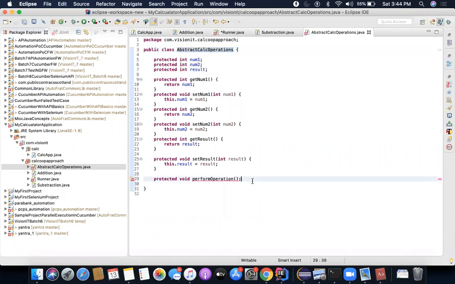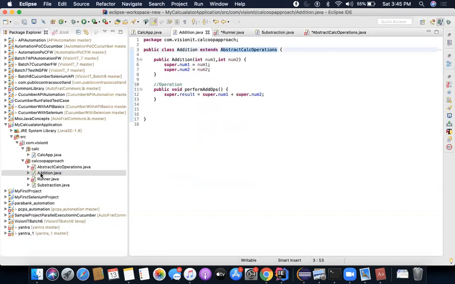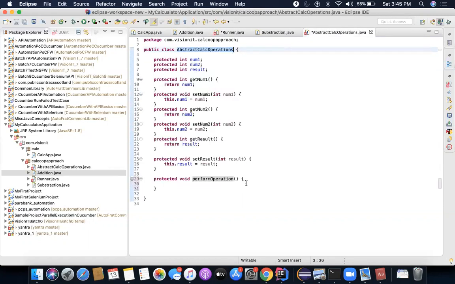Now the problem is, if I write the definition of it, this is the declaration, and what we write inside is actually the definition of the method. So I cannot really write what kind of operation, because it could be addition, it could be subtraction. It really depends on the subclasses to define it, right? An abstract method called perform operation is not supposed to mention what kind of operation. All I'm saying is that there has to be an operation inside all the subclasses. Now it's up to the subclasses to decide what kind of operations they want to perform. But the problem is I cannot leave it like this.